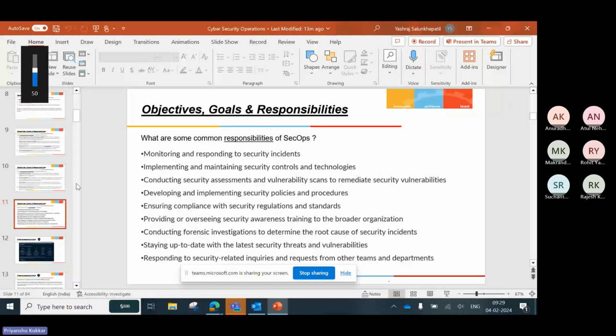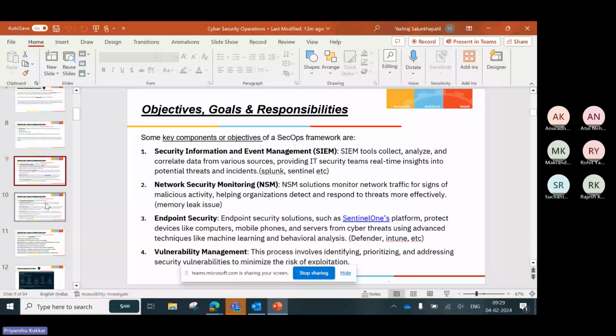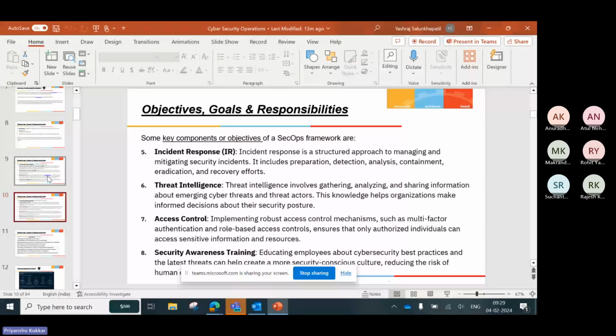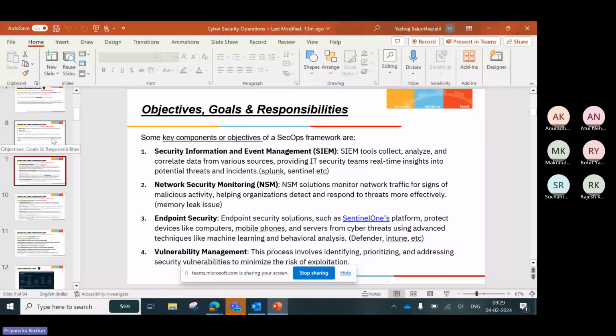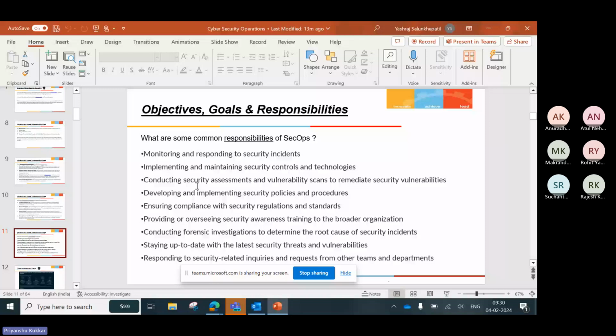Yesterday we saw the goals and a little bit of the key objectives or frameworks of the SecOps team, or what the SecOps profile entails. Today let's go over some common responsibilities. This is just the theory part, probably something that you would be asked during your interview maybe, but otherwise nothing such. Another thing that comes into play is during compliance meetings or